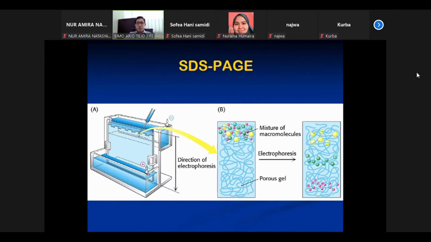So ini yang macam ular ni dia gel, ya. And then you can see at the top you have a mixture of protein, yeah, with different sizes. Once you on the electricity, then this mixture of proteins will migrate with different speeds. Ya, yang kecil dia akan lari lagi laju, ya, dia sampai bawah. Yang tengah nih is medium size protein, yang atas nih is big size, protein with large size. They will stay at the top.